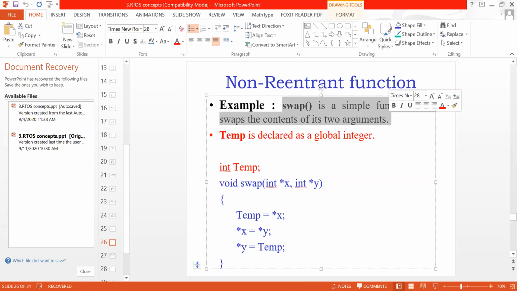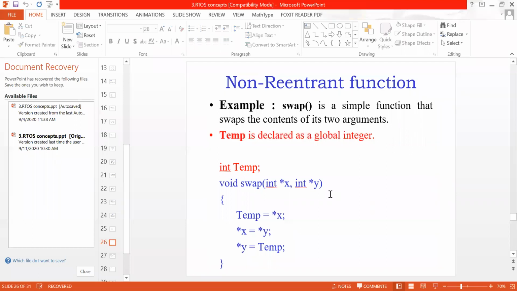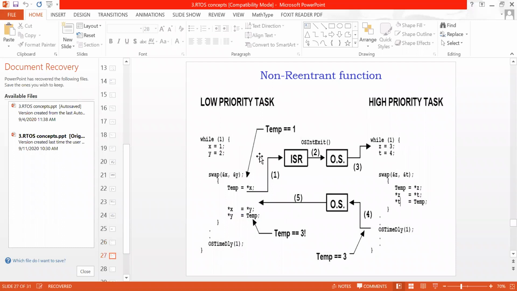And here temp is declared as a global integer. So what is a local integer and a global integer? Try to note it down. This is also a very important question in C programming: what is a local variable and what is a global variable.